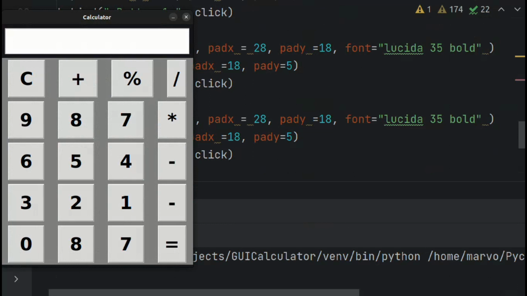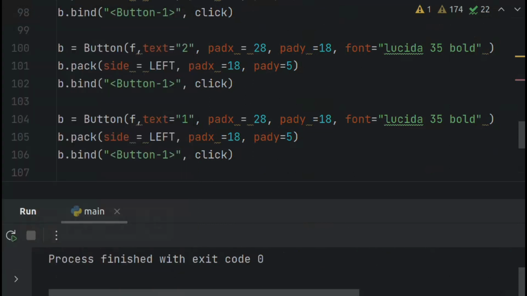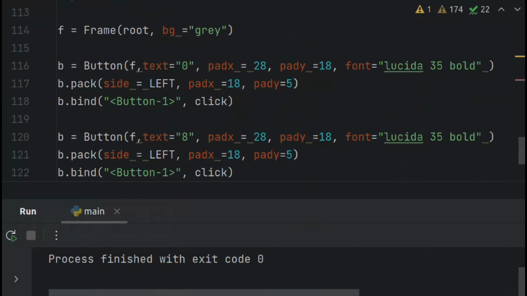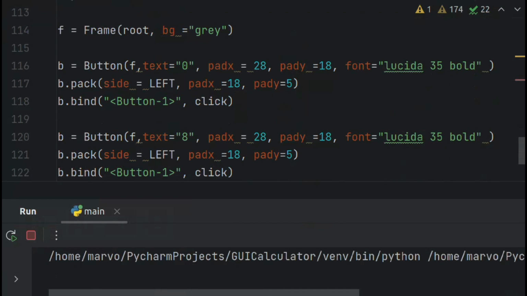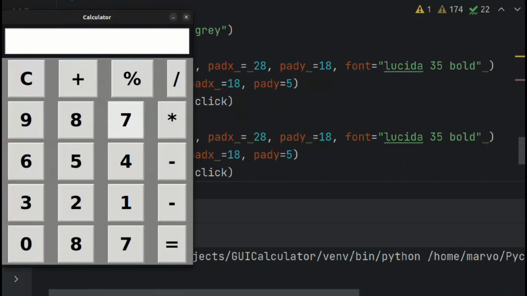So I've used 2 subtraction signs. Then what am I missing in my calculator? Let's see. There is addition, modulus, division, multiplication, subtraction, the equal sign,